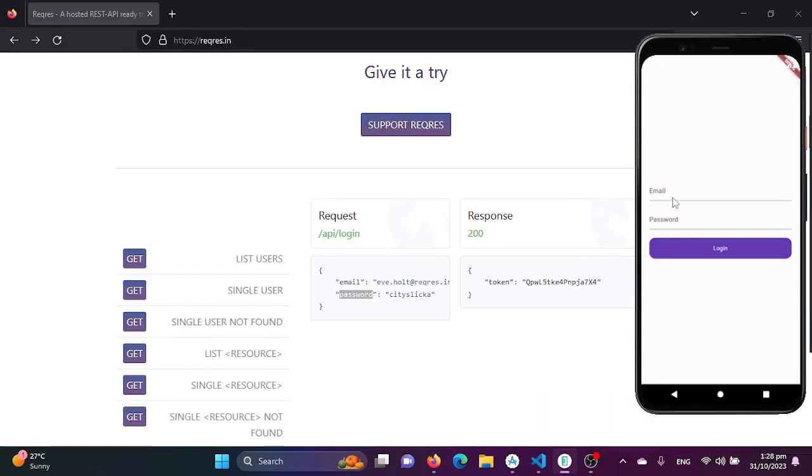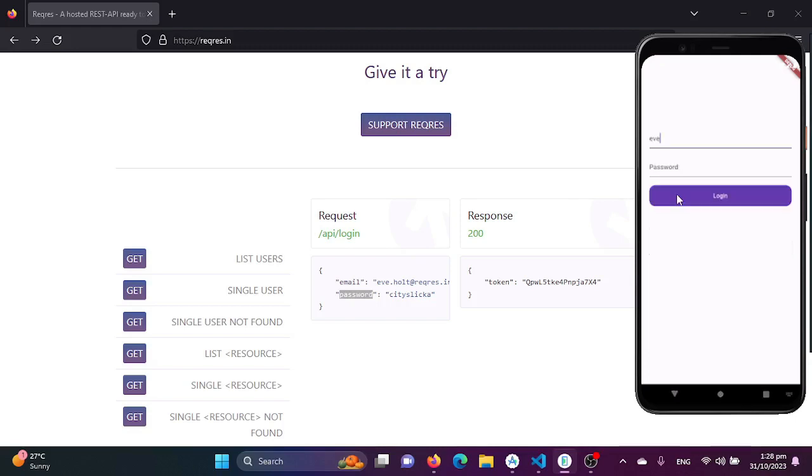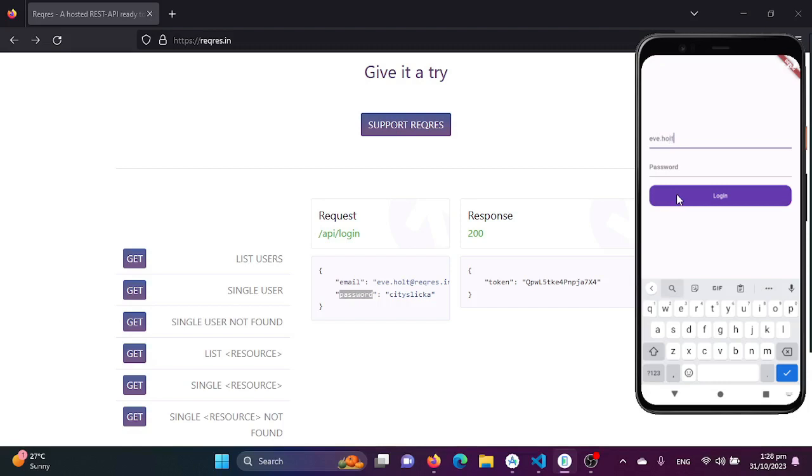Here we need to provide the same credentials which are provided by this website, which is eve.holt@reqres.in, and the password is cityslicka. And when I click this login button,